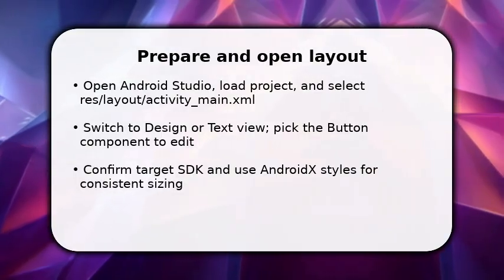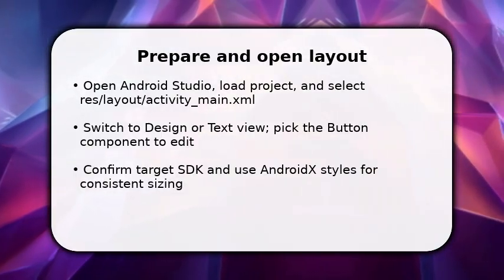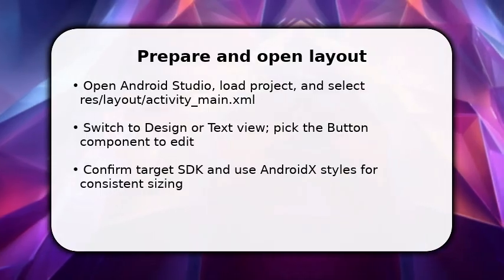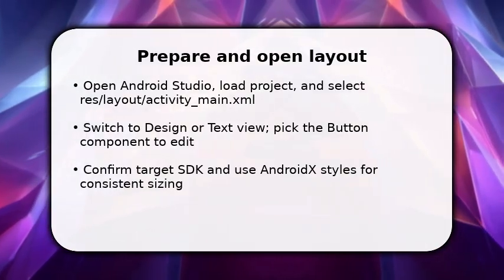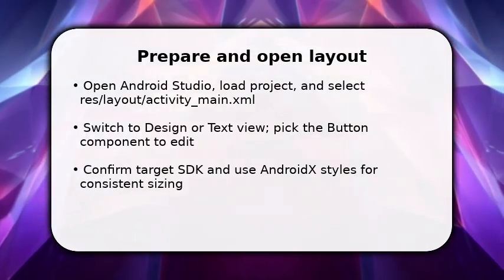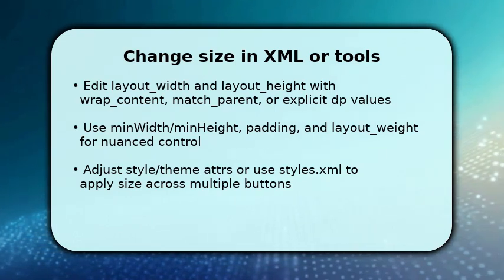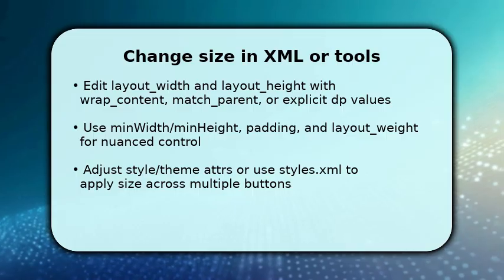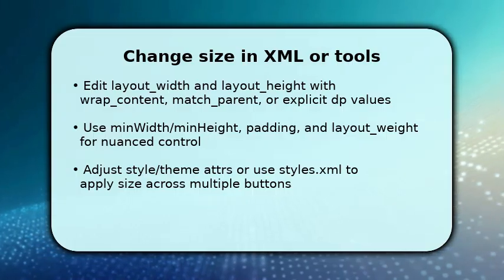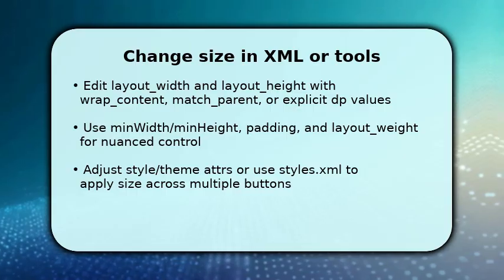Avoid raw pixels. If the button uses a style, locate that style resource now so you can either override it locally or adjust the shared style. Next, modify the button size attributes directly. Set layout width and layout height to explicit DP values for a fixed size, or use wrap content and adjust